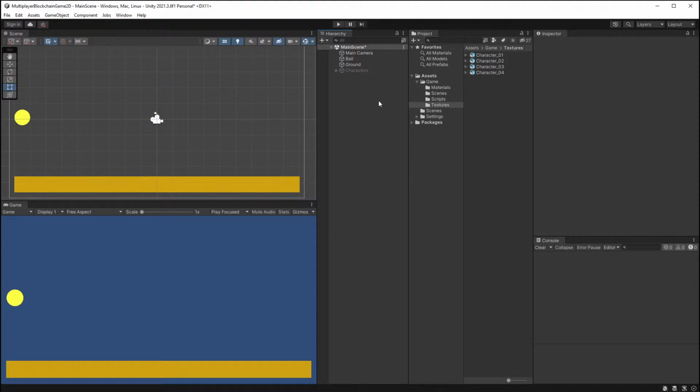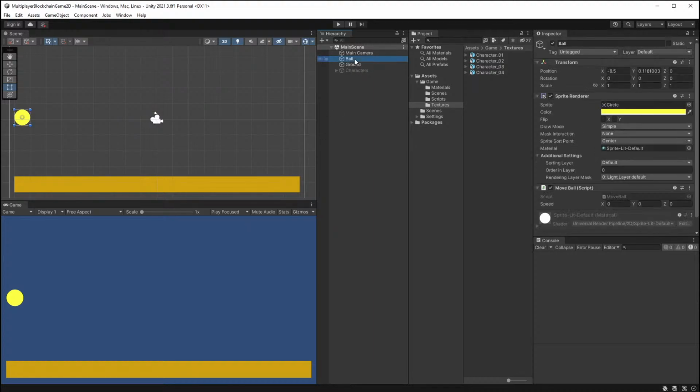Cool. Right. So now I'm going to show you how to move this ball around the screen